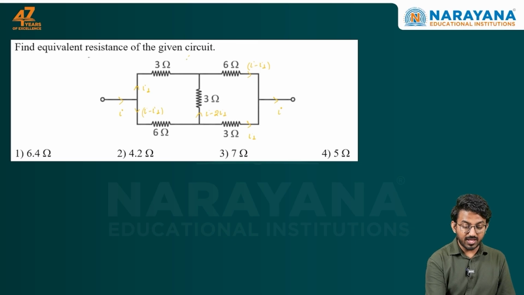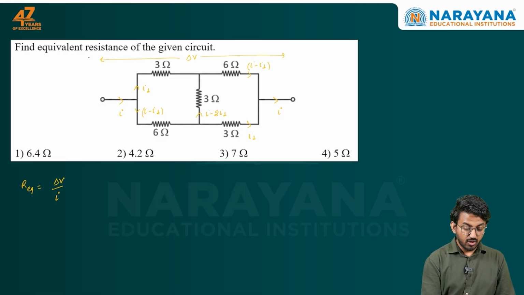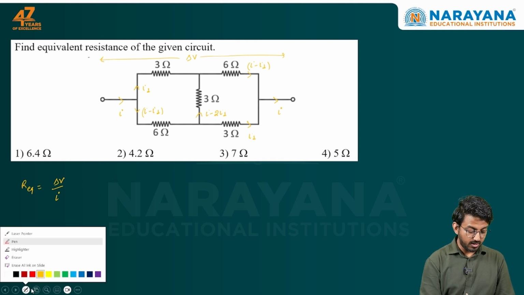Now assuming that there is some total delta V across this system here, we can see R equivalent is going to be this total delta V divided by total current I. I need to find out the value of delta V over I. That is going to be R equivalent. So in order to find that, we'll apply some Kirchhoff's law here. Total voltage drop I'll try to find using Kirchhoff's law in different